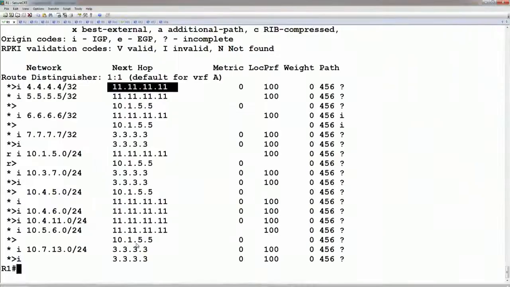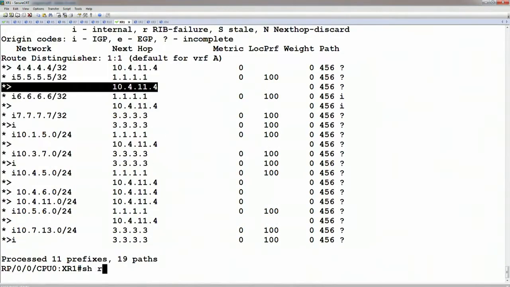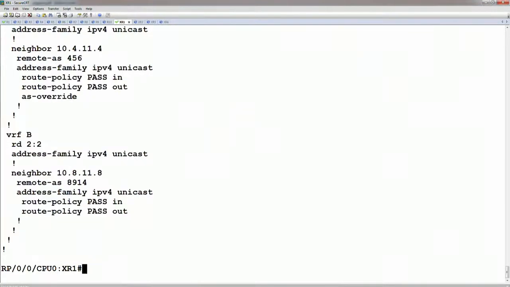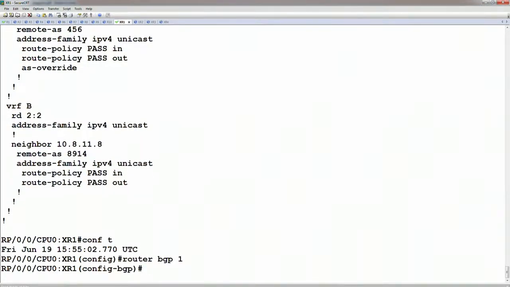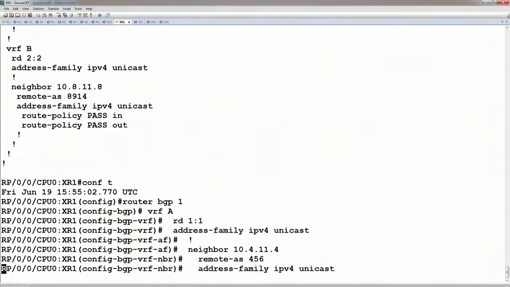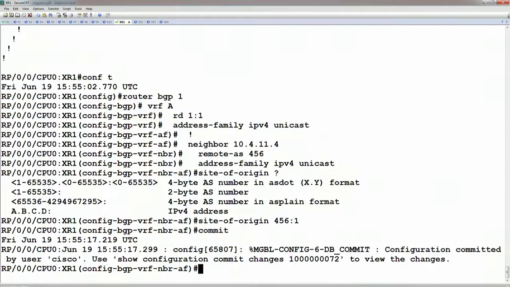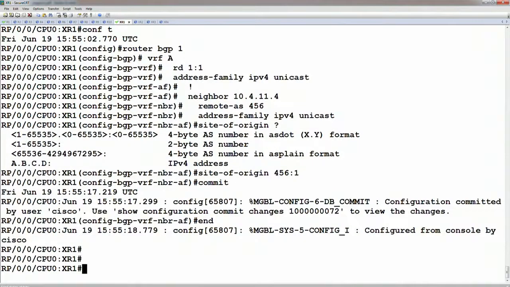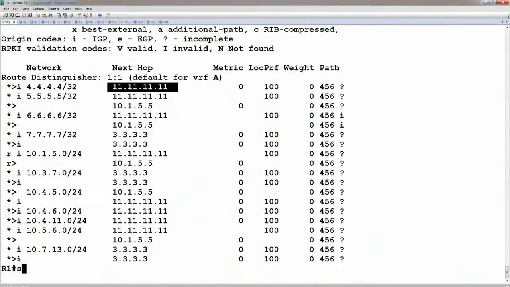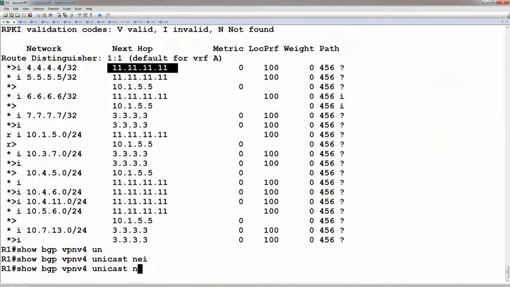Okay, so next on XR1, let's go ahead and apply the SOO as well. If we show run router bgp, we're going to say that under BGP 1, under this particular VRF for this neighbor, under address family ipv4 unicast, the site of origin is 456:1. Okay, next if we go back to router 1 and we look at the show bgp vpnv4 unicast all neighbors